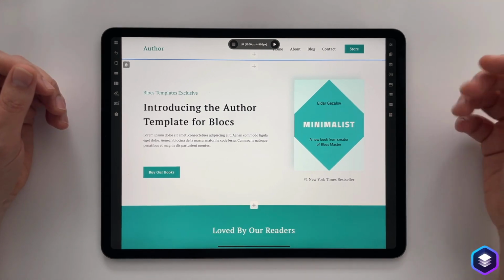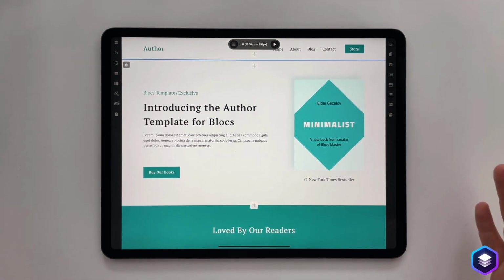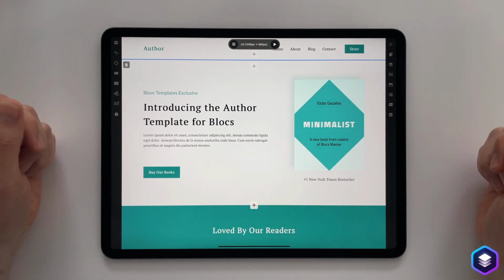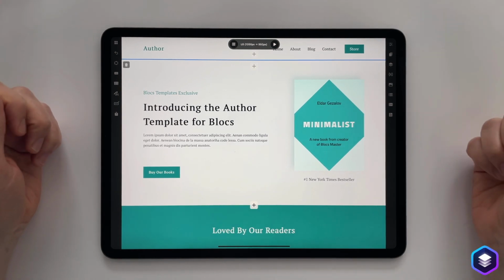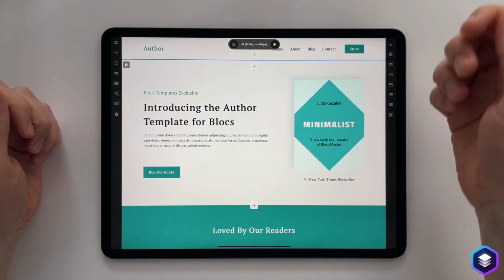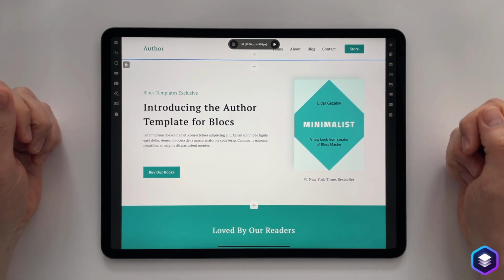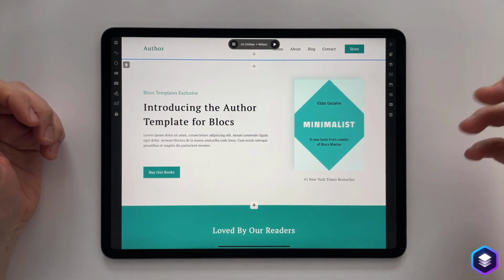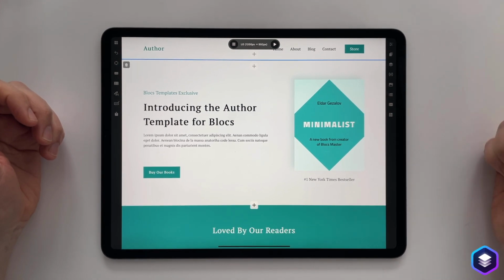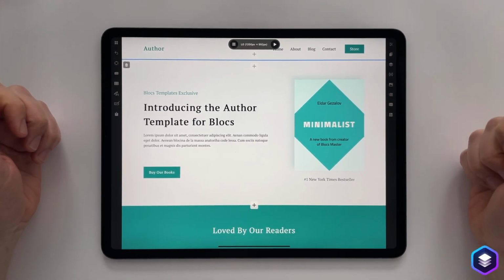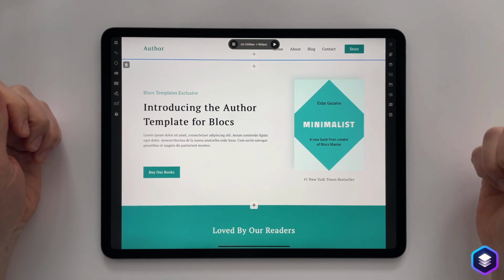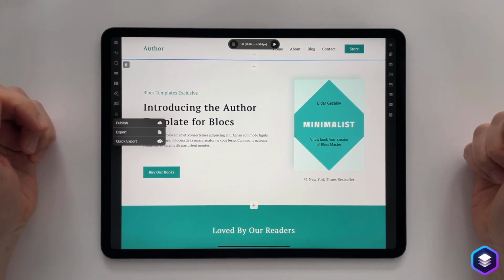So we've covered the changes in the interface, we've covered preview mode, we've covered all of the functions that you'd expect to see. Obviously, when you've built your website, the next thing you're going to want to do is export it. On the Mac, we can export, and then we can use an FTP app to upload our built website up into the cloud. The good news is, on the iPad, we can export, and there are a lot of FTP apps available for the iPad. But the even better news is that you won't need to use an FTP app, because Blocks has a publishing feature built right in.